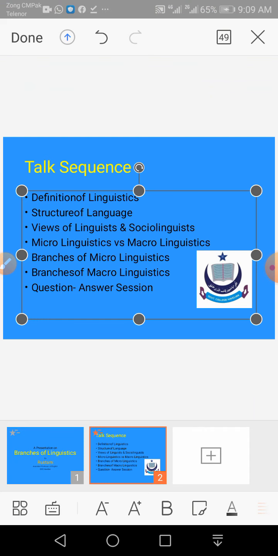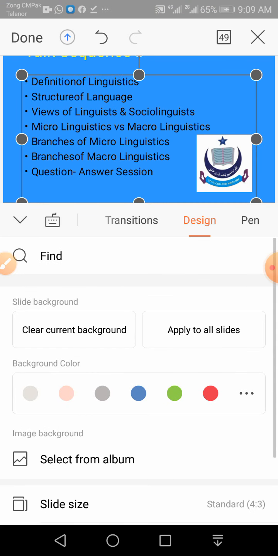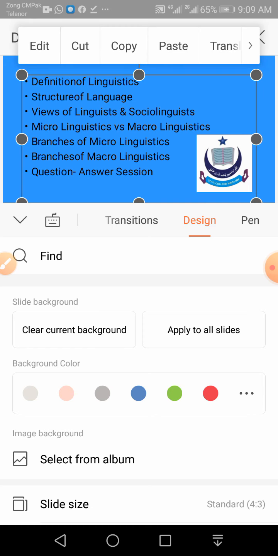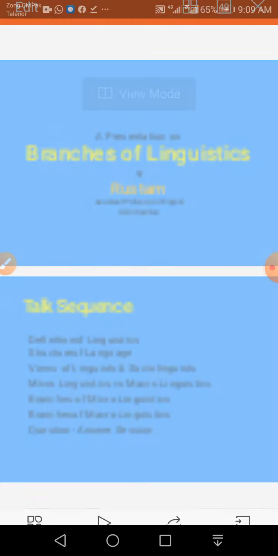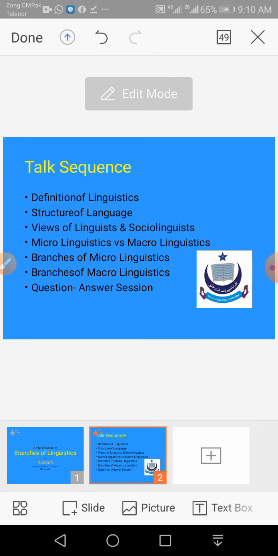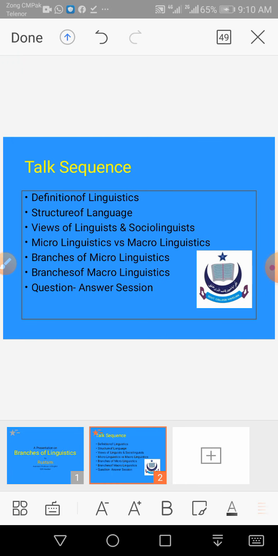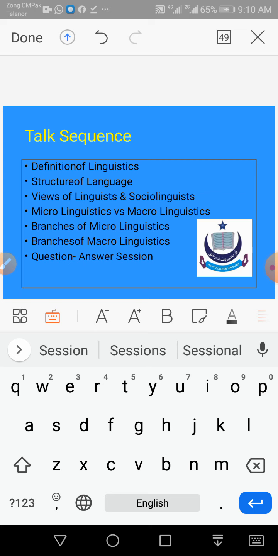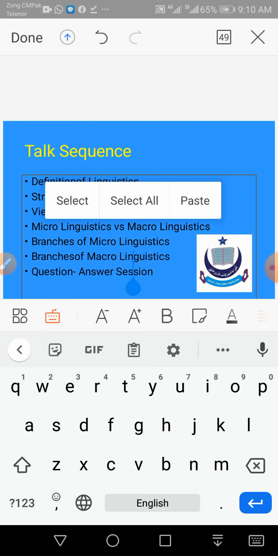Let's see, we are going to turn it into white. Okay, here we go, just a minute. Done. So here we have this edit button. Now you can select the text.